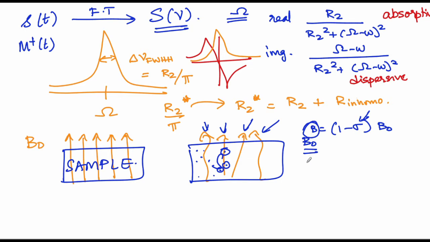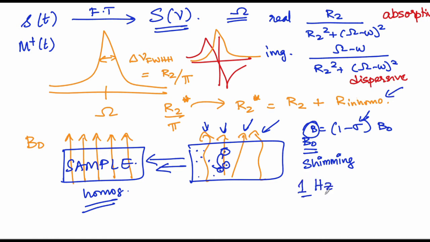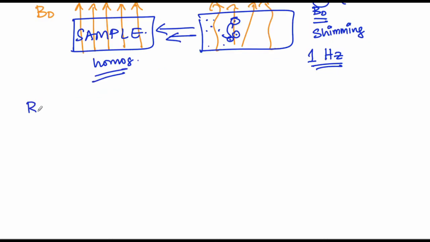So generally what people end up doing is a process called shimming, where the current through the small electromagnets present around your sample is altered such that you go as close as possible to a homogeneous magnetic field strength. Although we say this, in reality, you can never get rid of the inhomogeneity. The resonances that you are seeing here are on the order of a few hertz, so even subtle differences would be picked up in R2, which is why generally when you measure, you end up getting R2 star. Let's try to understand what the pure R2 is that you would end up measuring.